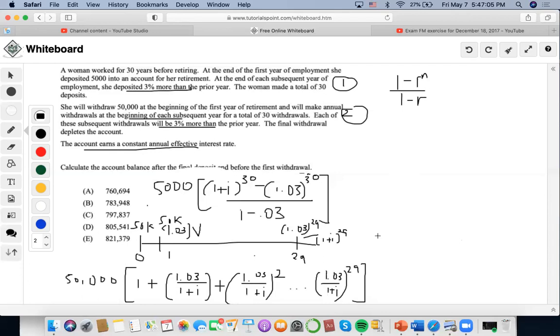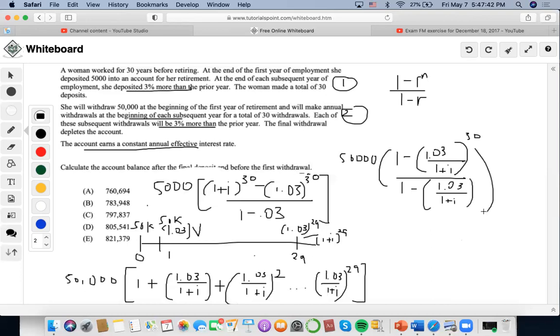So what we're going to do here now is keep the 50,000 at the outside. We're going to multiply it by 1 minus the common ratio 1.03 over 1 plus I. How many terms are there? There are 30. Over again 1 minus the common ratio 1.03 over 1 plus I. Now, after we do that,